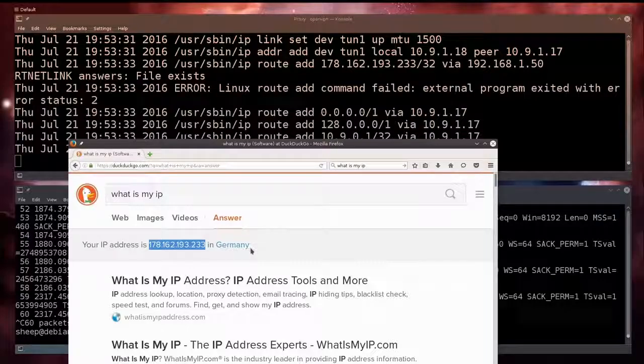178.162.193.233 in Germany. I can tell you for sure that I'm not actually in Germany. Great place, but I'm not there at the moment. Especially during the Oktoberfest. Oh my god. Anyway, it says, what is my IP? And I can guarantee you, this is not my IP. This is from the VPN provider. Okay, so